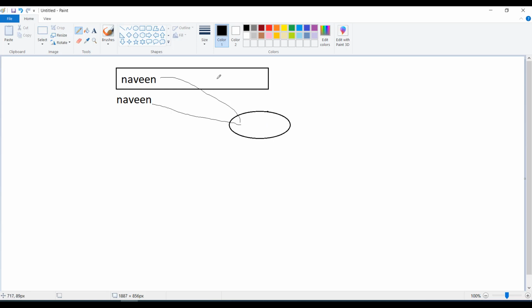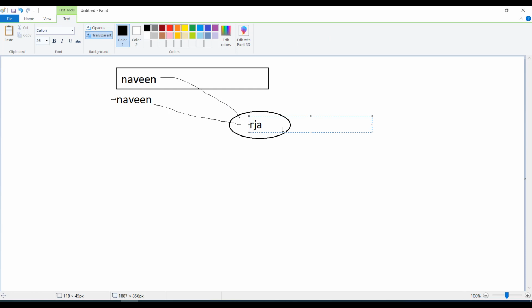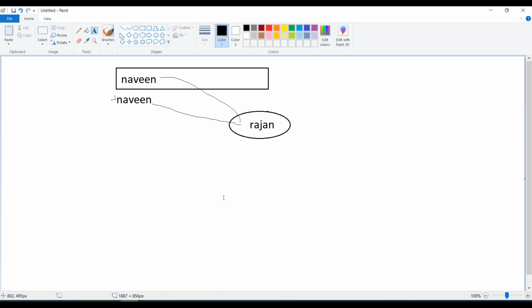For example, if I change this name to something called Rajan, it automatically updates here and its value also updates.